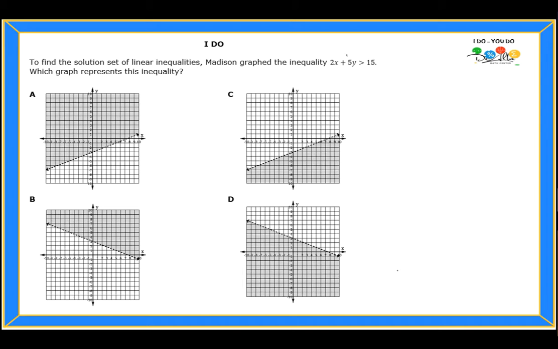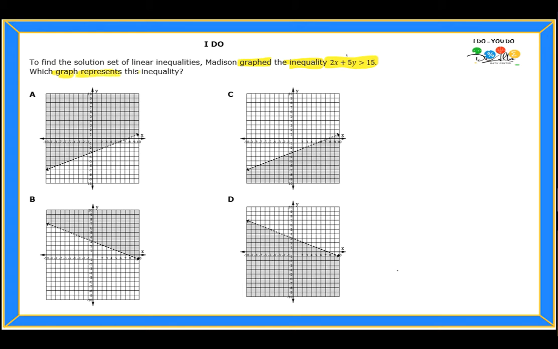And it says, to find the solution set of linear inequalities, Madison graphed the inequality 2x plus 5y greater than 15. Which graph represents this inequality? So let's see, what am I looking for? Well, it says that Madison graphed a certain inequality, and the inequality is given to you right here. Okay, and they want to know which one of the graphs